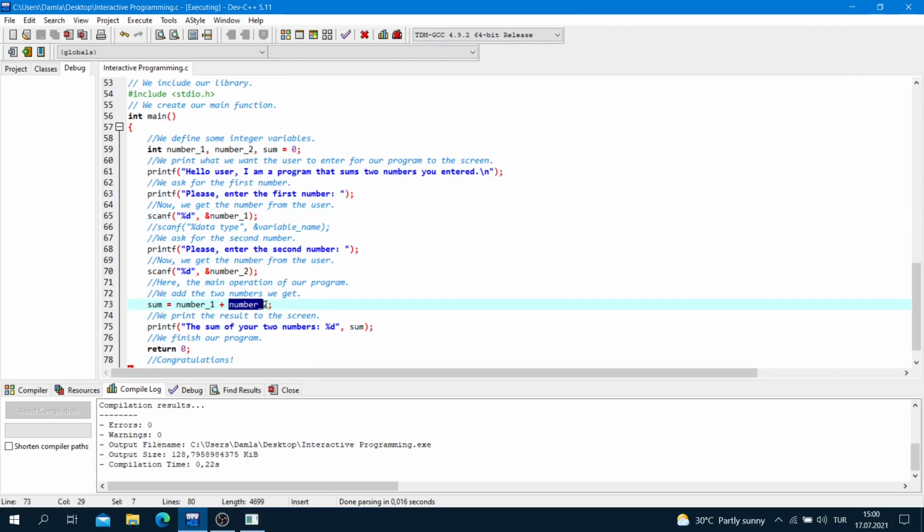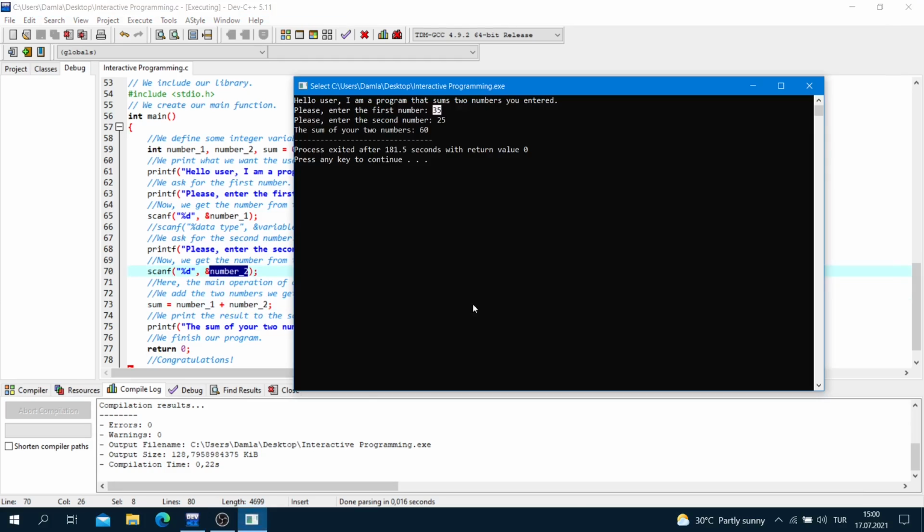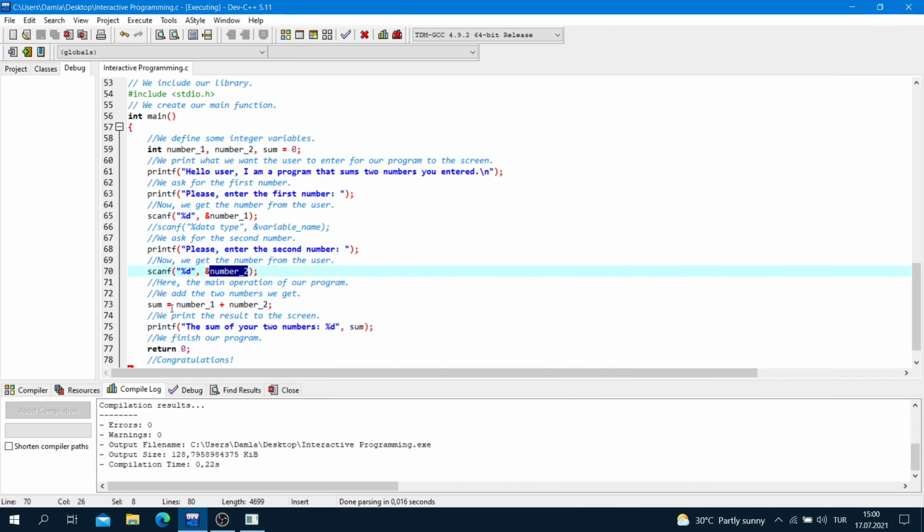Number2 is equal to 25 here and here. Now sum is equal to 60, because the right hand side is equal to 60, so we put it into the left hand side, sum.